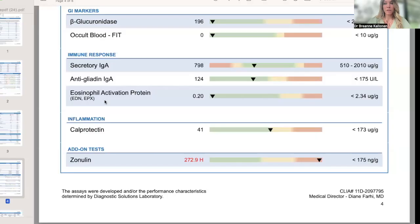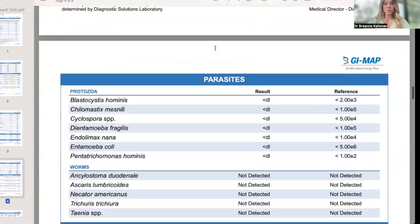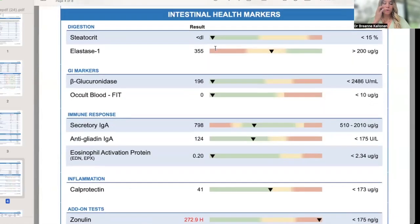I wanted to go through a patient case. She was experiencing hair loss. She had chronically low ferritin levels. Her ferritin was extremely low. Her ferritin was 5. She was experiencing a lot of fatigue, brain fog, hair loss. She was also experiencing some digestive concerns in terms of bloating. So I wanted to go through what her GI-MAP stool test showed. We'll walk you through it, and then I'll share as well what we did for a treatment plan and things